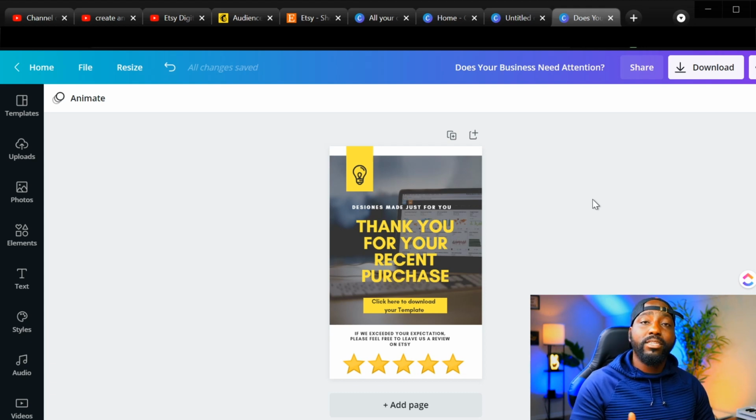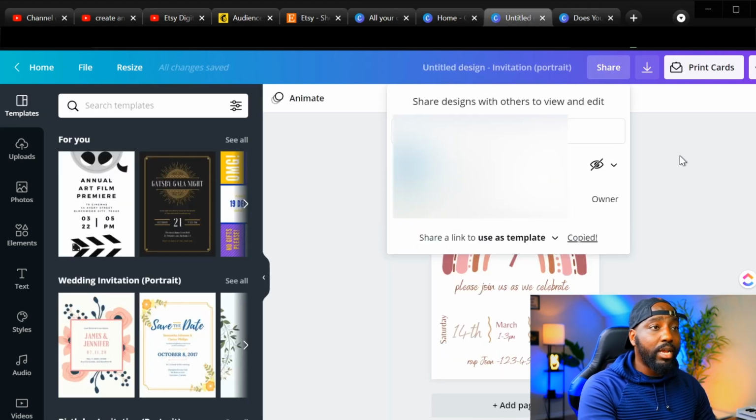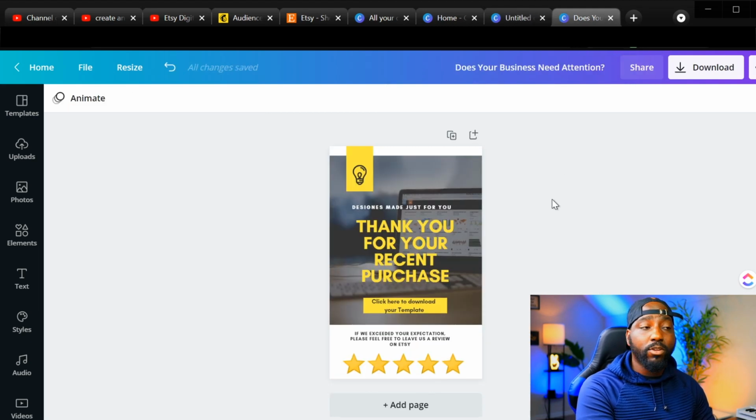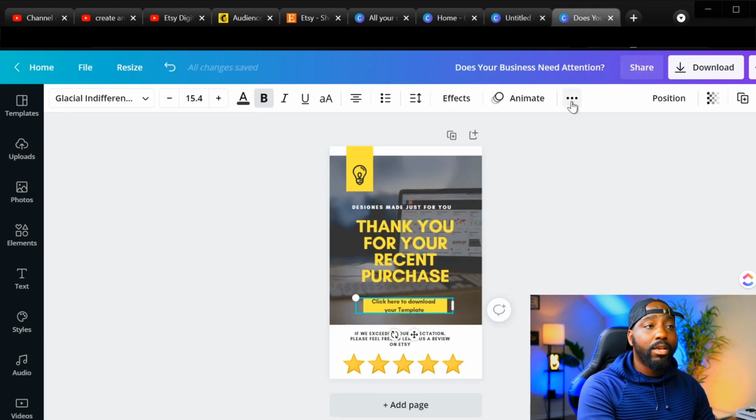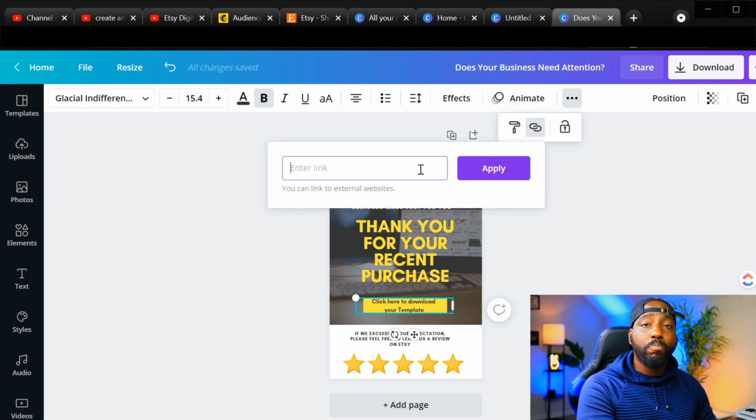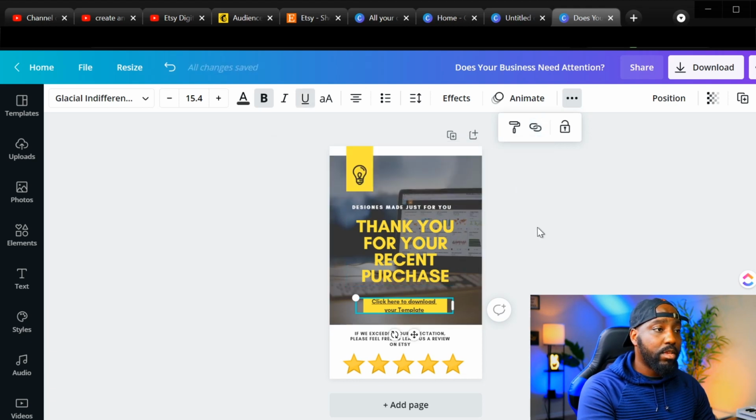So now that we have that made, the next step is to link our template link to our download button. So if you lost your template link, just head back over to your design, click share, go down to the bottom with the arrow, and you can go down to use as template and copy your link. Now that you have your link, go back to your button and go to the options tab. Click the link button and just paste in your template link. All right, so now when people click this button, it's going to lead them over to the Canva template